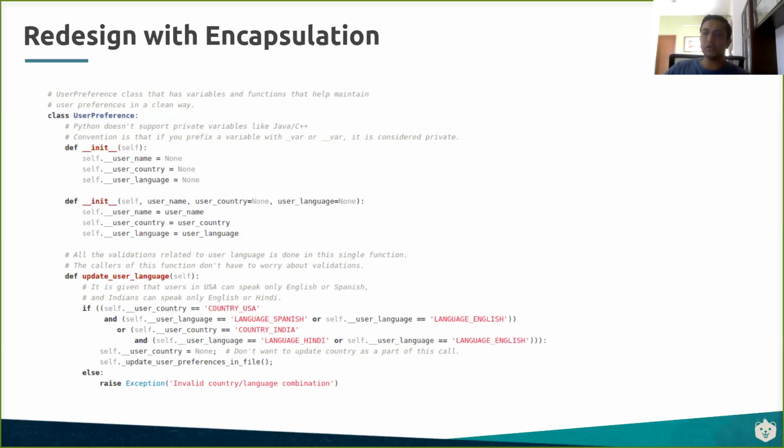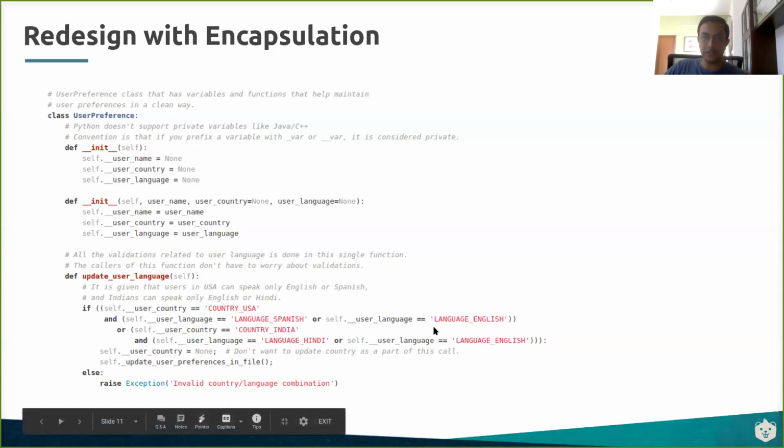That JSON file is the persistent database of all the users, their preferred country and language. If the user is already there, I'll update it. If the user is not yet there in my persistent data, I'll create a new set of data for this particular user, right? And the key thing here is this guy does the validation.